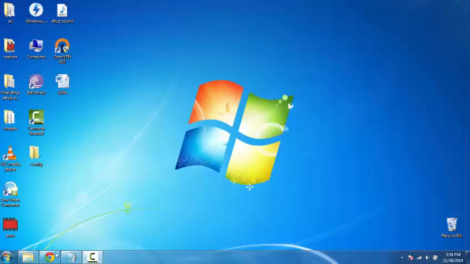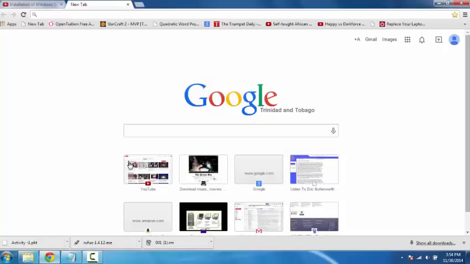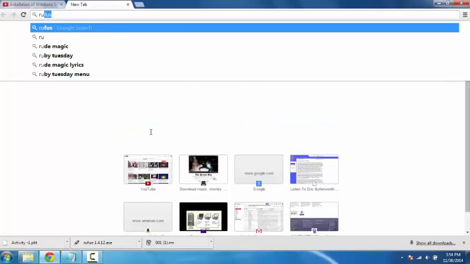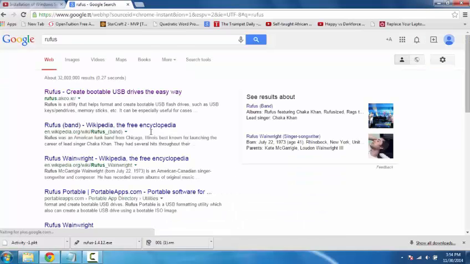Let's open up our browser, and here in the text box we're going to look for a tool called Rufus. So you're going to type RUFUS, go ahead and hit enter, click search, and here you see Rufus, create bootable USB flash drives the easy way. So go ahead and click the link that says rufus.akeo,